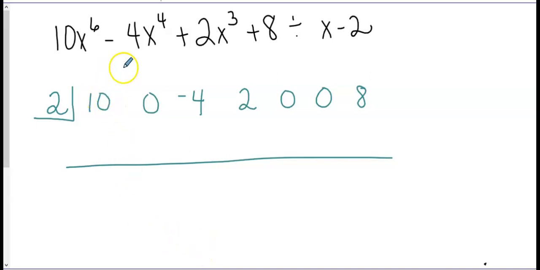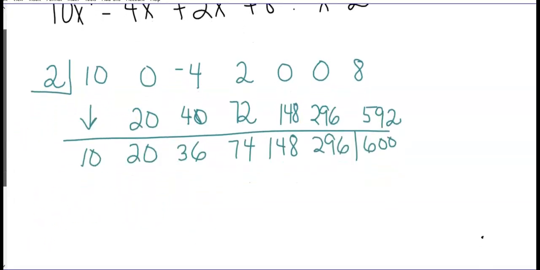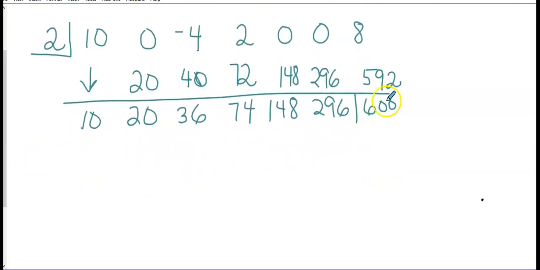You've got your x to the 6th, there was no x to the 5th, negative 4x to the 4th, 2x cubed, no x squared, and no x term, and then there's your constant term. So pause it one more time and see if you can get the answer here and then come back. Wow, okay, so that one was really no fun at all because it didn't turn out to be 0, and it had some really big numbers that are irritating. But anyway, so this is my remainder,